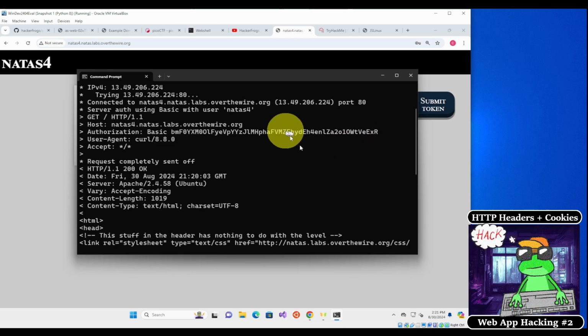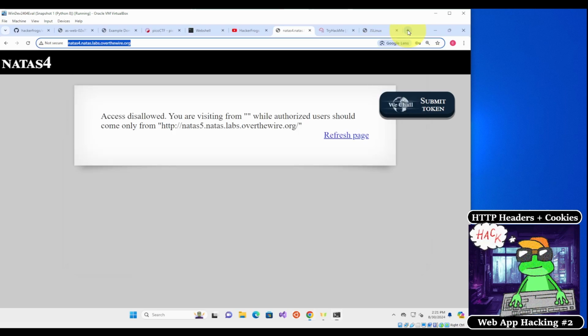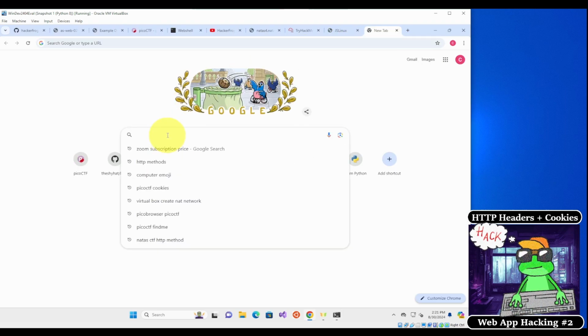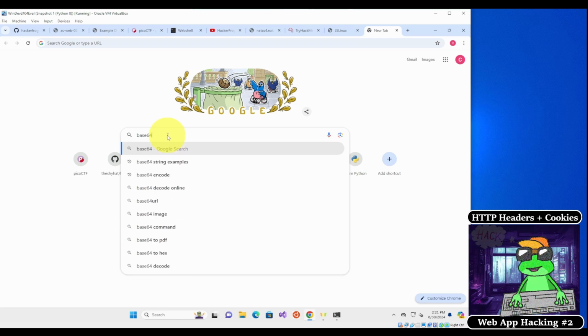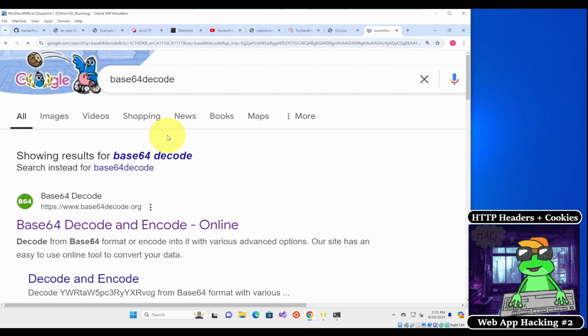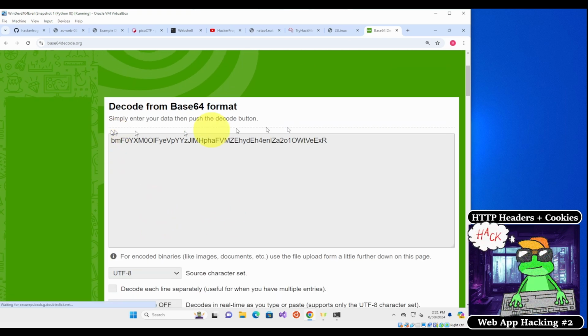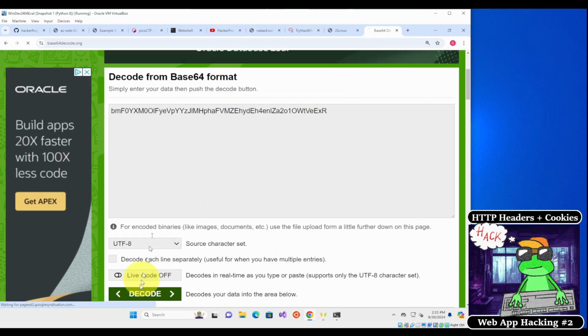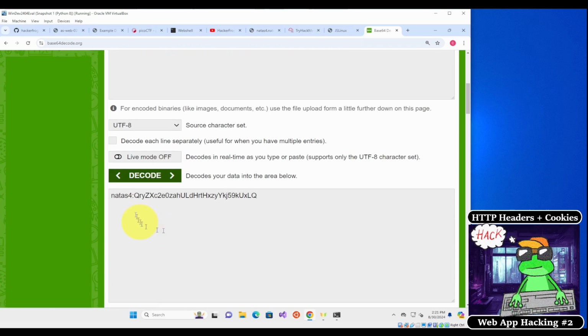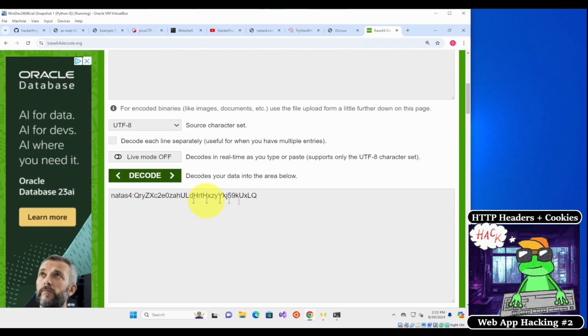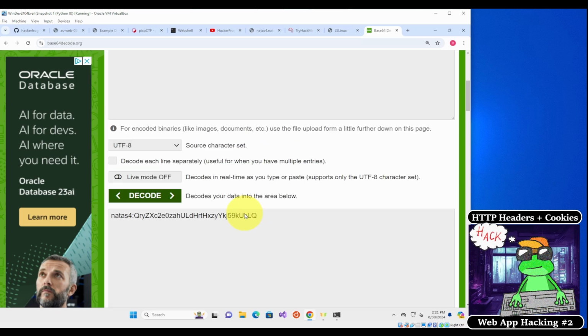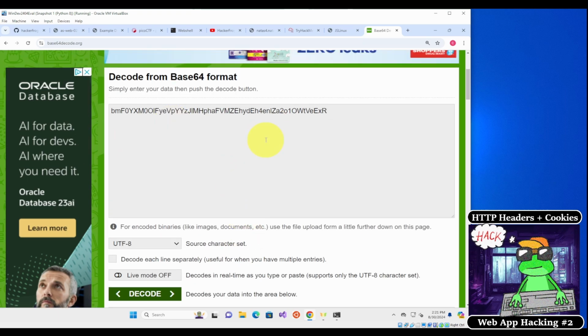So I'm going to copy it, and then I'm going to go to some website like base64 decode. And then I could just paste this base64 string right here. And if I were to decode it, you would see that you got your username and your password right here. So this is why modern websites don't use this kind of login function, because it's not very secure. But anyways,